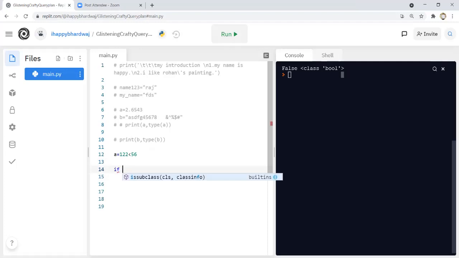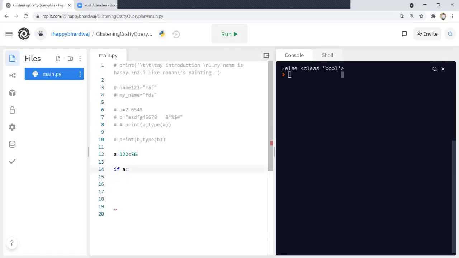So if you write here if, then you can write a condition, then you use a colon, then you can press enter and write whatever you want. In Python, indentation has a very important role. After using this colon and pressing enter, whatever I write with indentation will be treated as a part of the if statement. You see here, a is of Boolean data type, so I can use a as a condition here, because this condition needs to be of Boolean data type. It can be either true or false. You can even directly write True here, and whatever you write here will be executed because the condition is true.